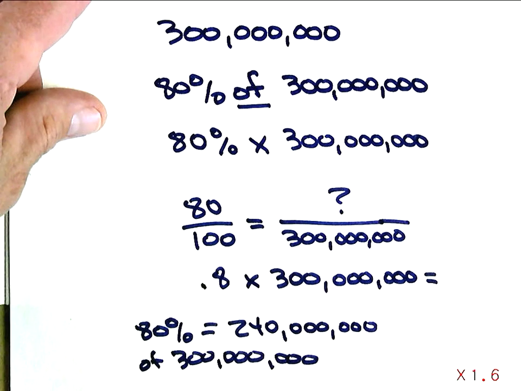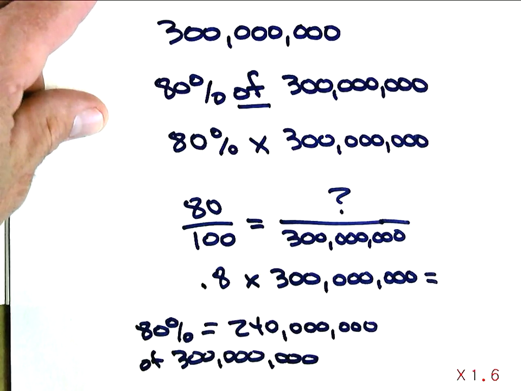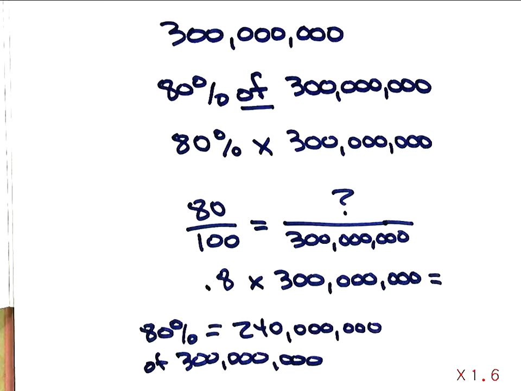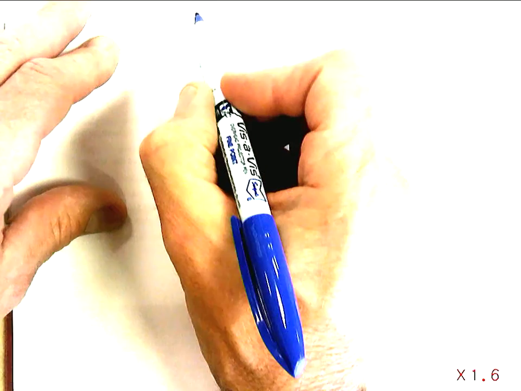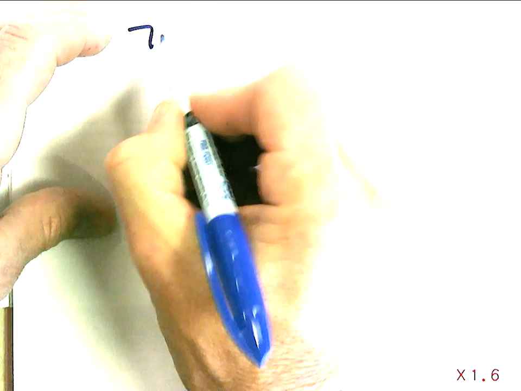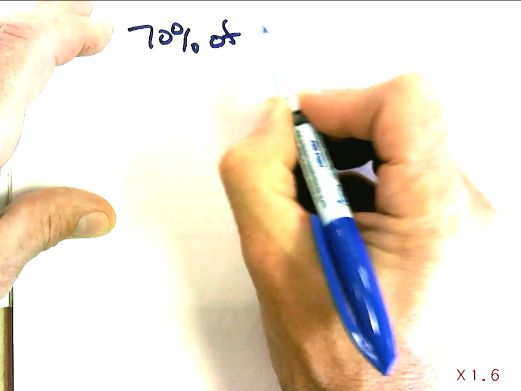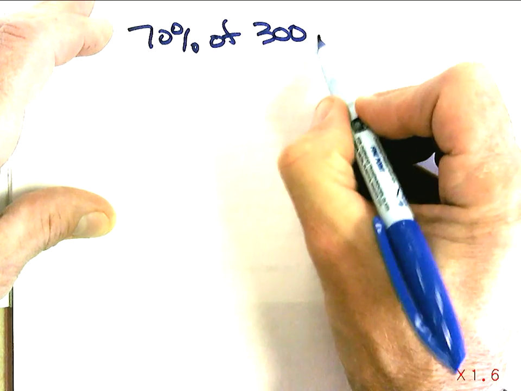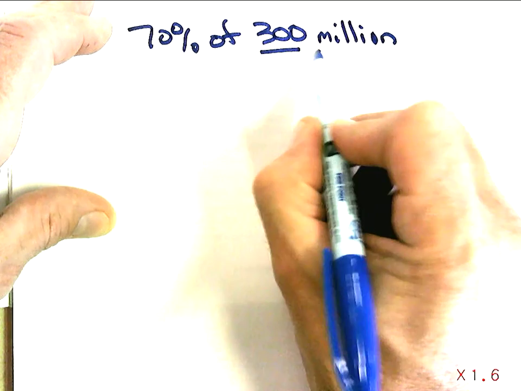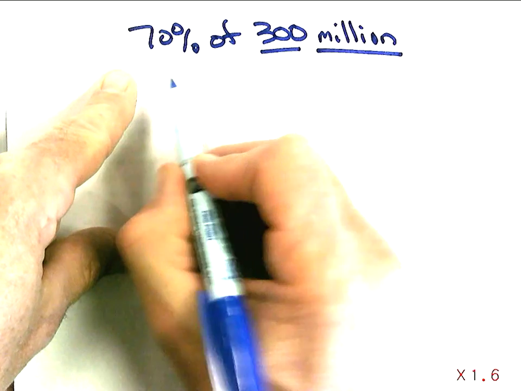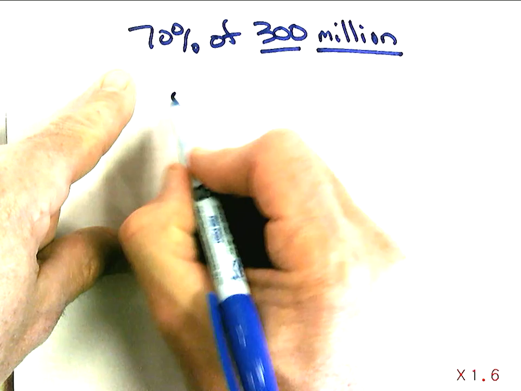How about the next one? Estimate how many people in the United States would say that they would not download music illegally. So now we have the other part of that question we already answered. We already said that 70% would not. So we have 70% now. 70% of 300 million. I'm actually just going to not put the zeros this time and think of this completely as 300 million. 70% of 300 million, or 0.7